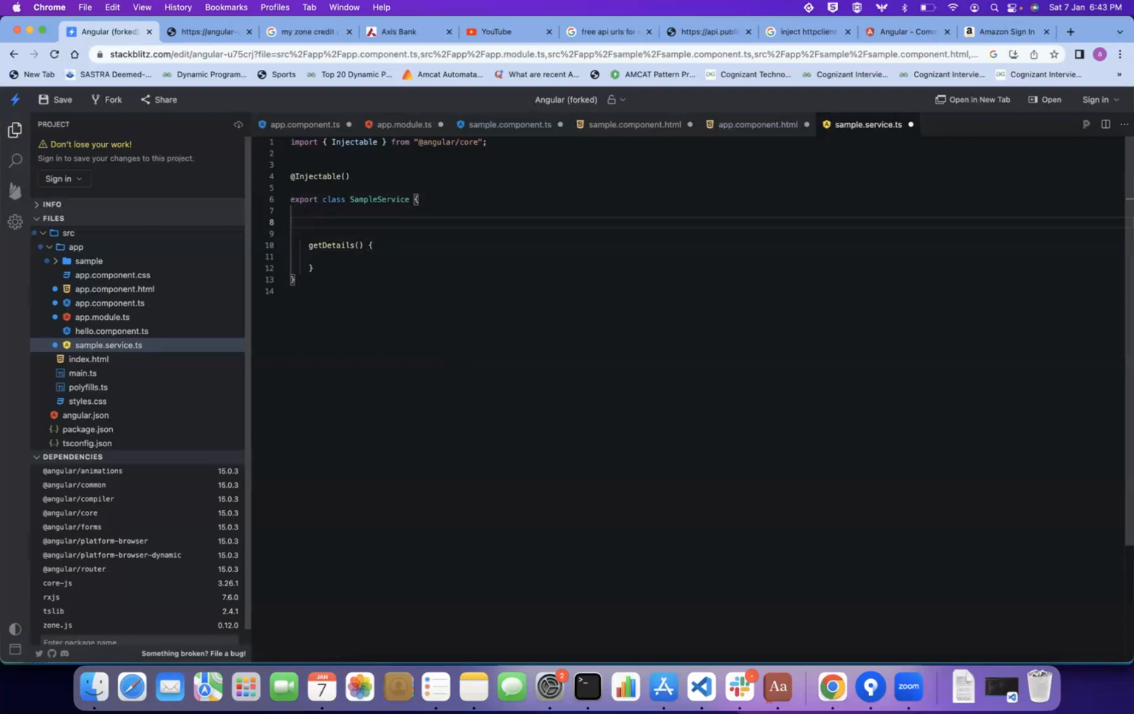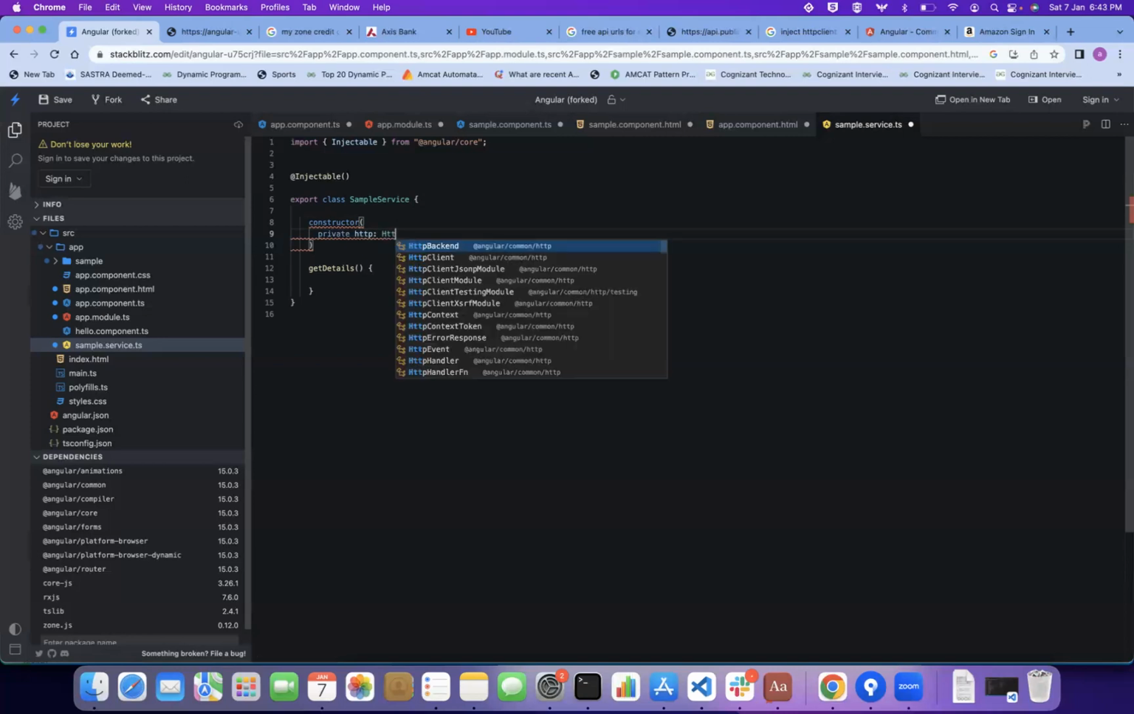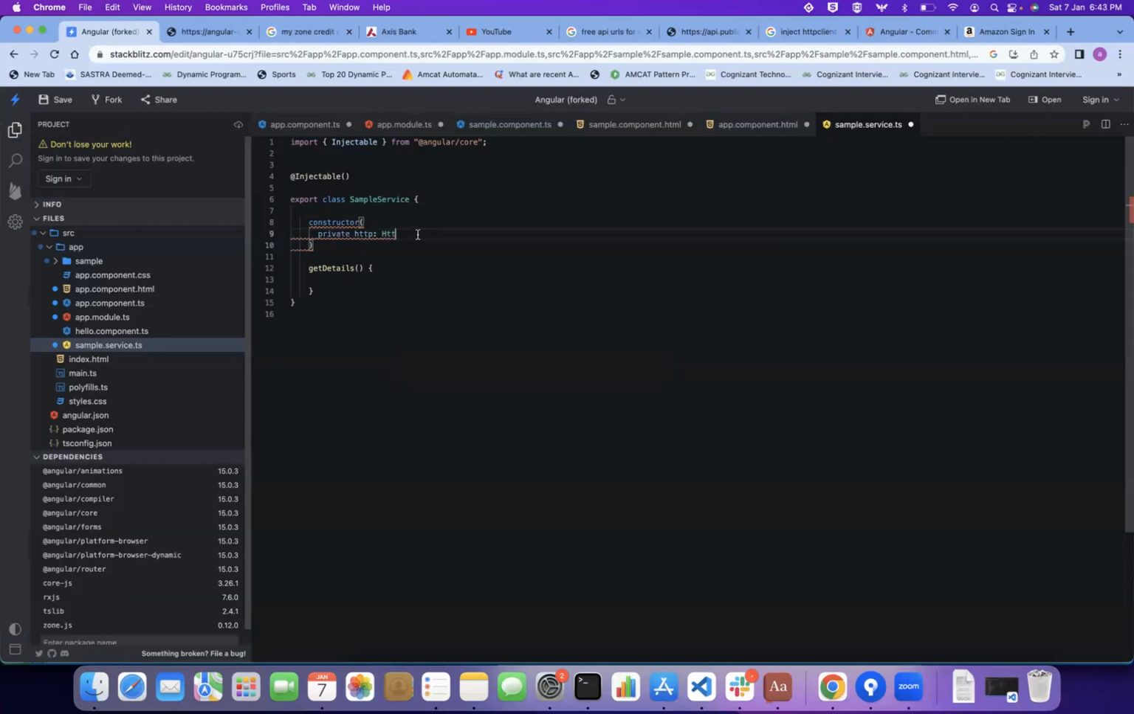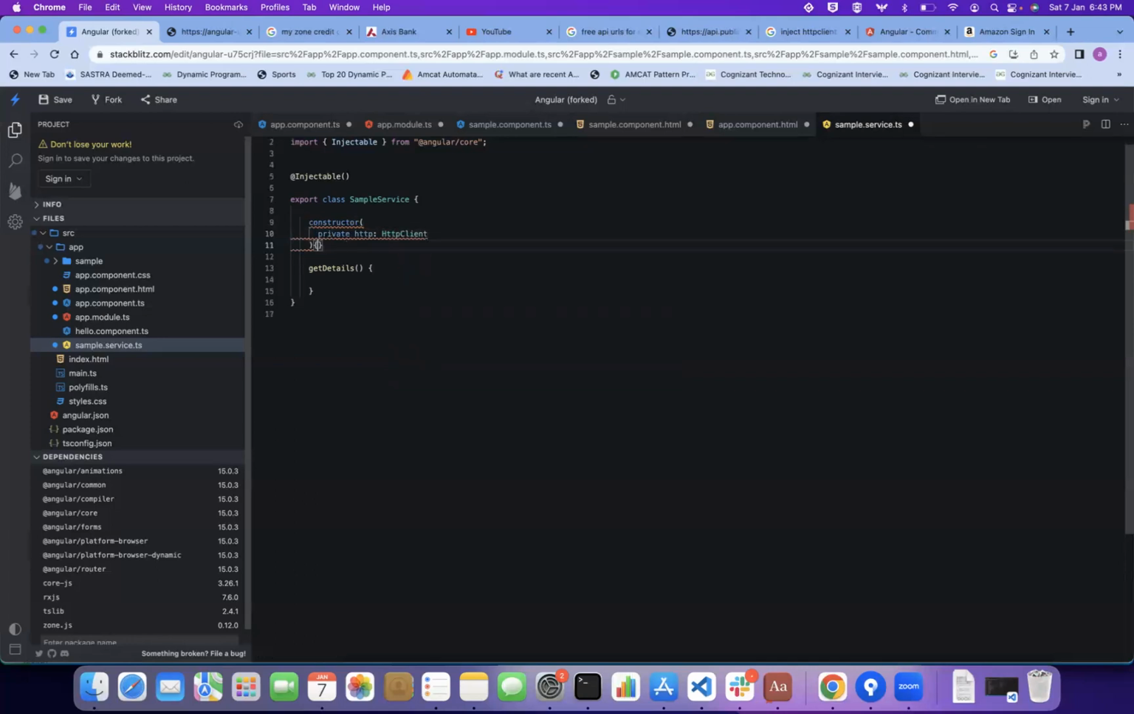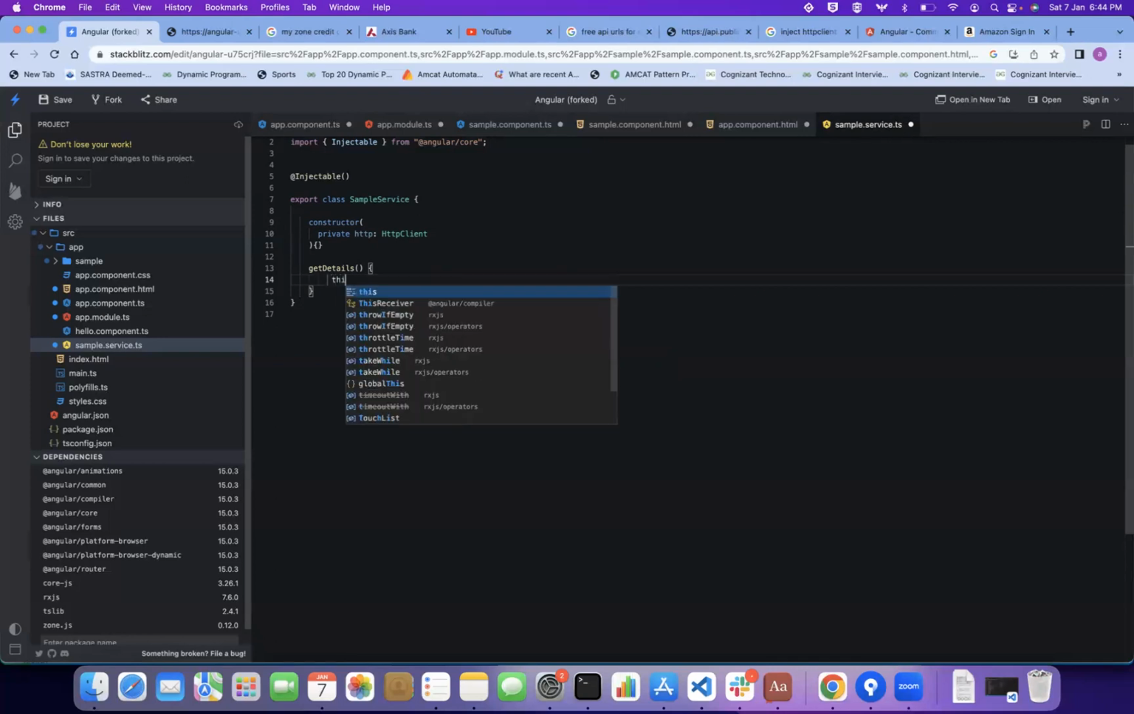So let us create one constructor here. You can use the constructor private http, and it is of the type HttpClient. Now, which method do we use for getting data? The get method, correct? Yes. So this dot